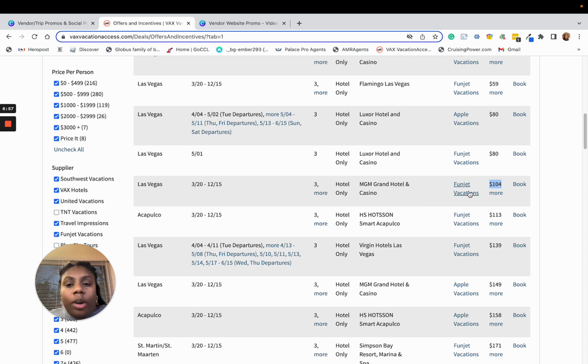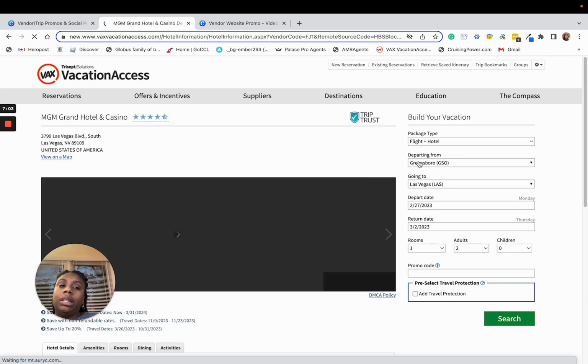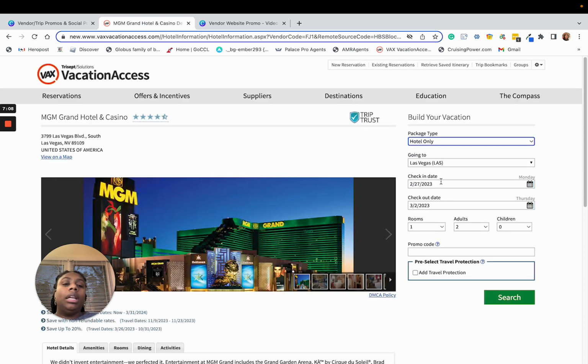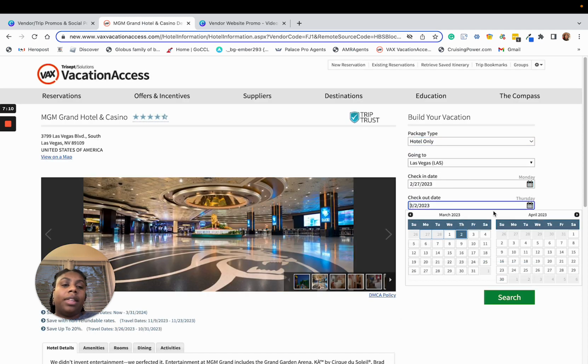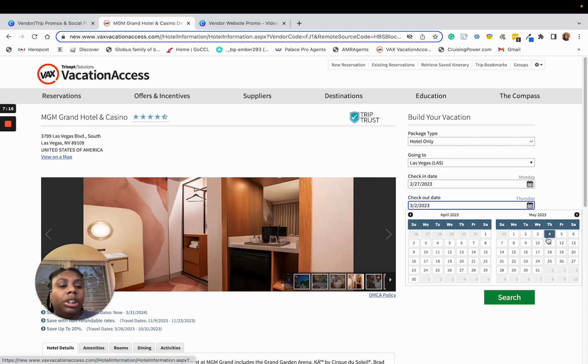So I am going to use FunJet. We'll hit book now. Take a look. This is from March 20th and beyond. I'm going to remove the flights. Take my Vegas. I've got that there. And March 20th through December. So I'm going to scoot up a little bit and just put in,